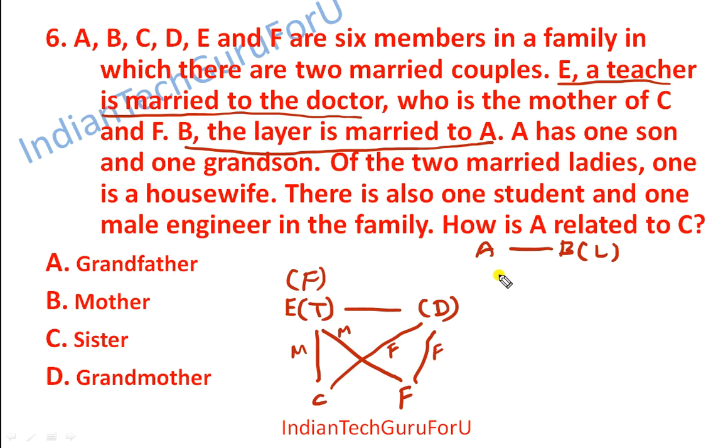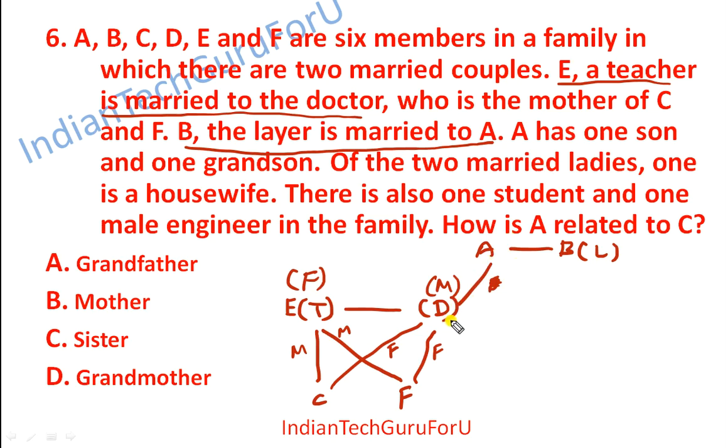So what is the possibility? Already we have seen that E is female and D is male. D is male. So because A has 1 son, that particular son must be D. So D's parent is A. We don't know whether A is male or female. So as of now, let us assume that